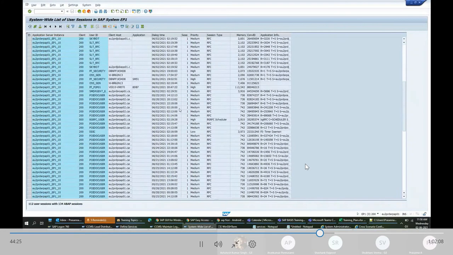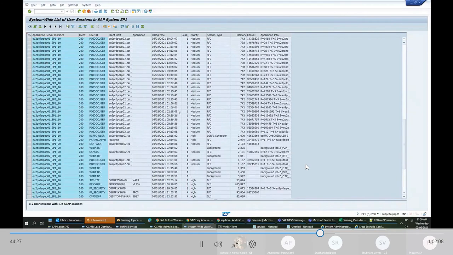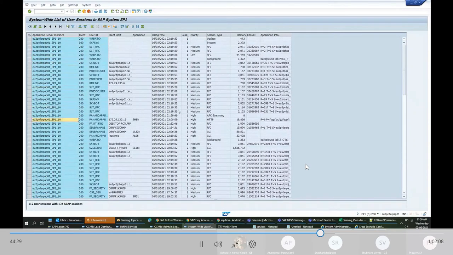Here you can see not only end users, called dialog users, but also connections. See for me, there are two entries. I'll sort by my name.